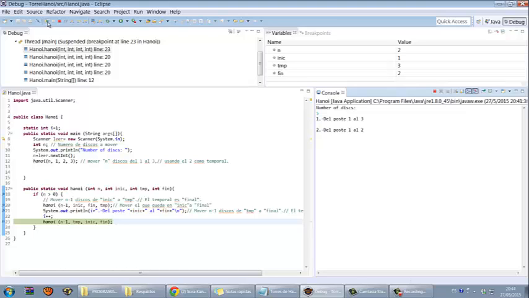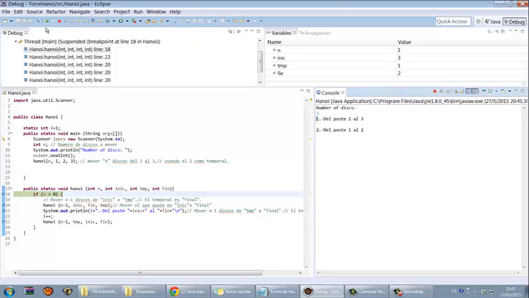So like n is 2, calls the previous method, and 1 is not the initial, so in this case the initial is 3, changed to the temporal,